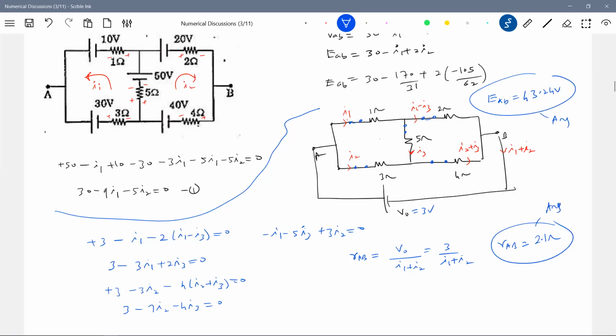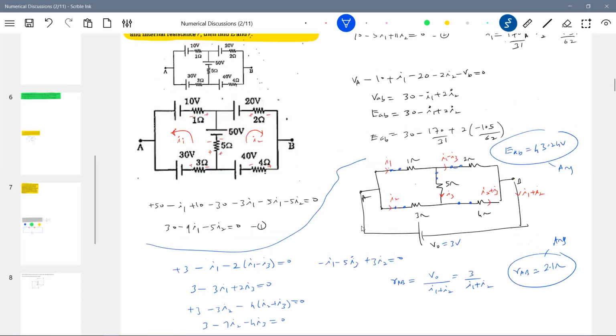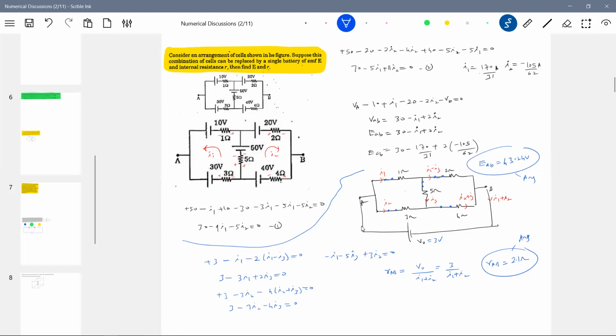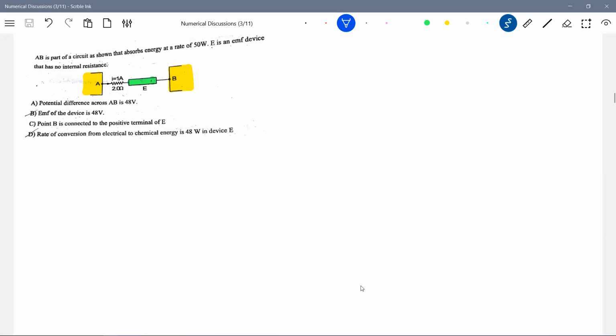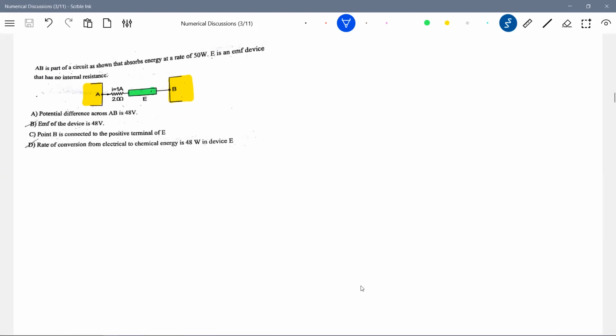I just wanted to bring the idea that to find the effective resistance of a circuit, if cells are there, replace them with a short circuit, finish all, nothing to bother about. If it were a Wheatstone network, it would have been easier, but it's not a Wheatstone network. So some multiple ideas is what I'm trying to convey here. We'll take the next one. Don't bother, it's a very small problem. Some good thinking is what we needed.